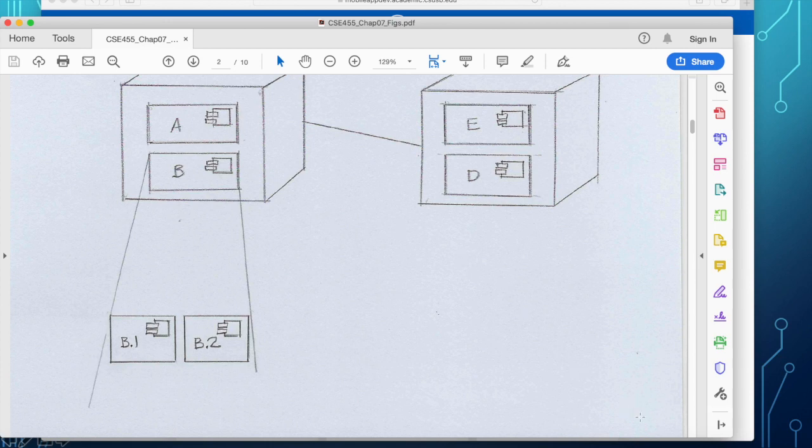We call that hierarchical decomposition, or the well-known divide and conquer strategy that we use in solving complex problems. So from here, we will